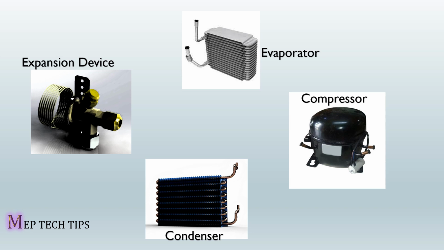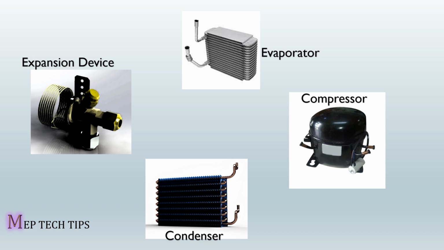Let's see the compressor first. Inside the compressor you will find the refrigerant in gas state, because the compressor is designed to handle the refrigerant only in gas state. Any liquid in the compressor means the compressor will get damaged. If only gas is in the compressor, it will work perfectly. People understand that the compressor is used to compress.